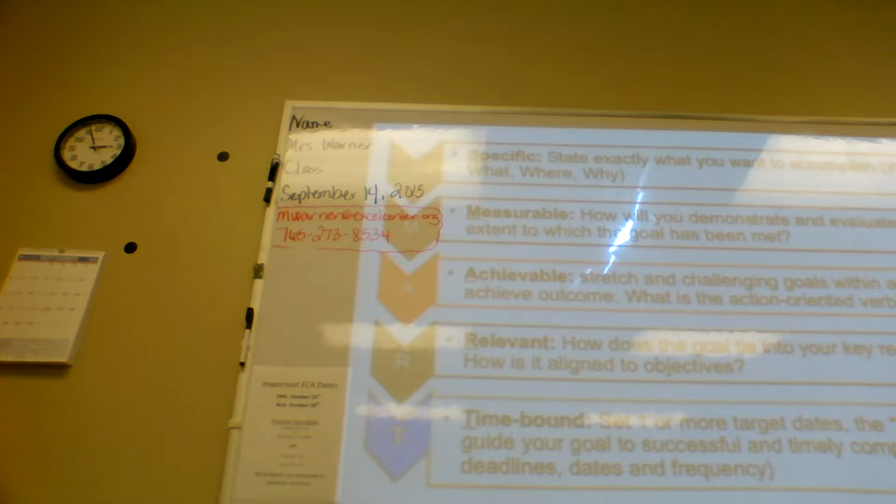It's achievable. So achievable is something that you can actually obtain. So if I said my goal was to win $1 million, that's not achievable. I don't play the lottery, so that's not achievable for me. That's not something that I can actually get. So if I said I wanted to earn $1 million within the next 10 years, not likely, it's my spending habit, but it's definitely something that is more attainable than I want to win $1 million.